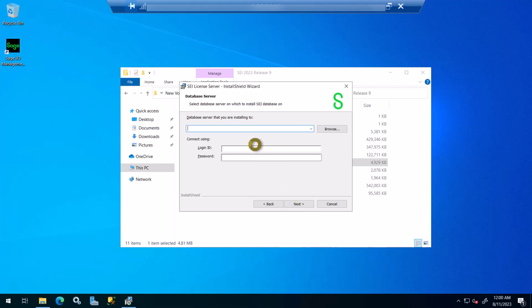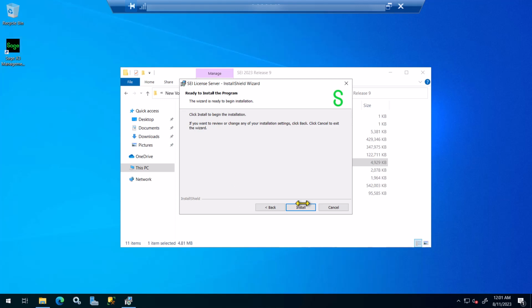If your database is already on this current server, chances are if you click on this field, it will find your database instance, so click on that. If not, you'll need to get it from your database admin or your SQL Server Management Studio. For the login ID, I'm going to go with SA because I have the SA credentials. If you do not have the SA credentials or the customer is not willing to share their SA credentials, you need to ask them to create another database admin account for this purpose, and you need to use that here. So I'm going to put in the SA password